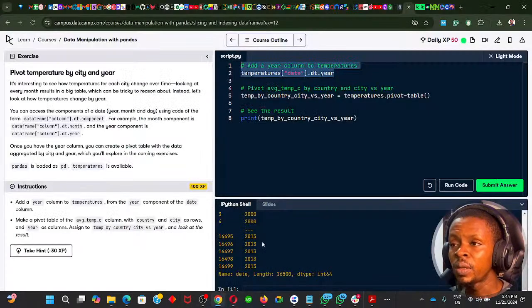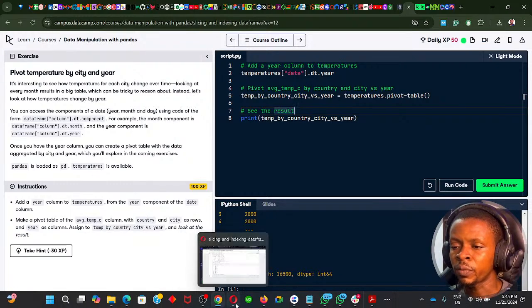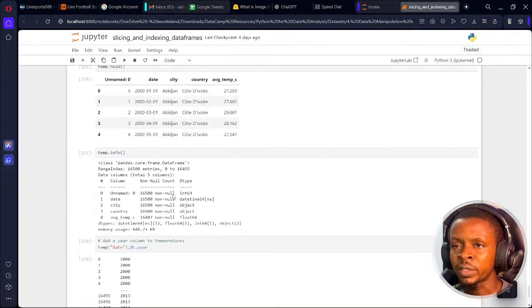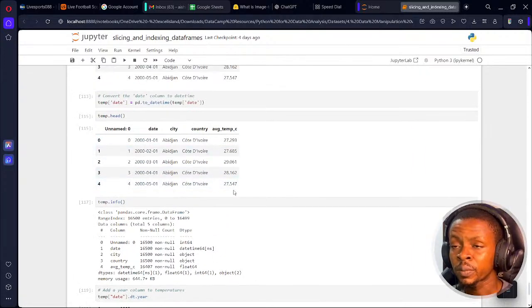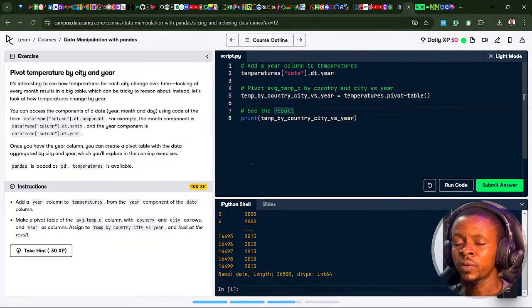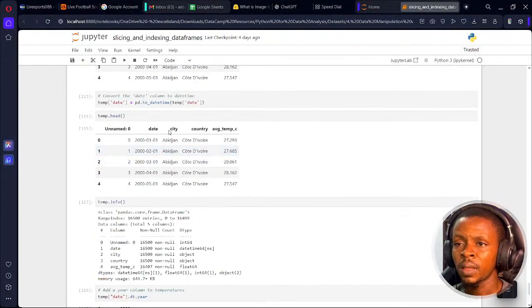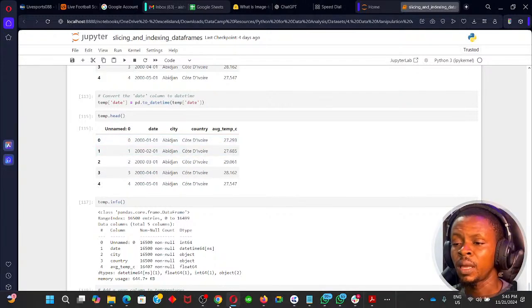Okay. So the next is to convert this to a pivot table. It now says make a pivot table of the average temperature column. I want to make a pivot table out of this average temperature column. Then, we're going to have country and city by rows. We're going to have the average temperature for each country and city, and